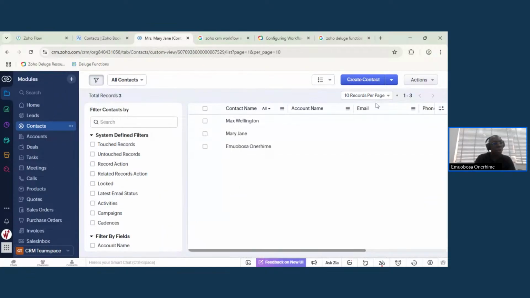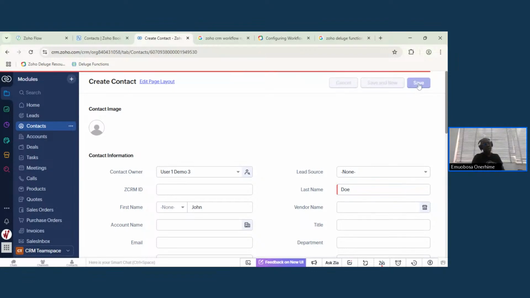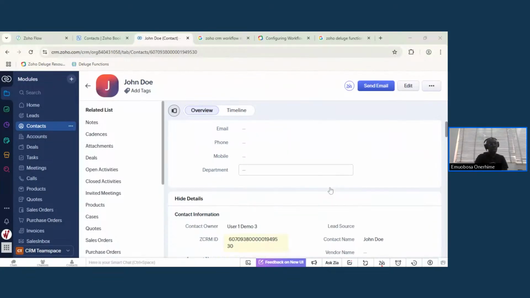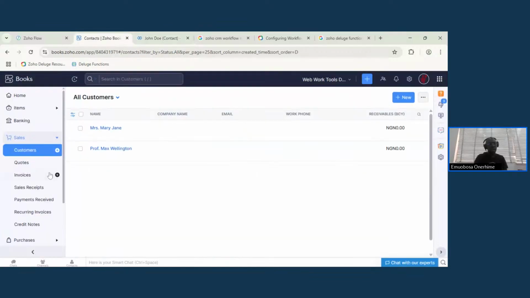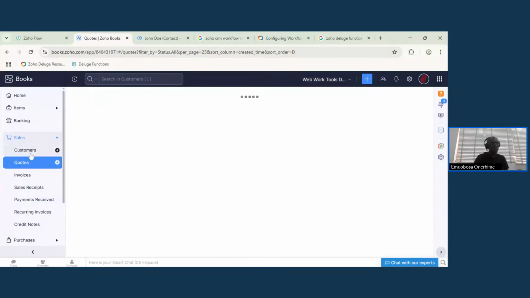We're going to create another contact. And this time we're going to create back our John Doe. So you can say John Doe. And this time you do not need to have, it doesn't have to be a perfect scenario like Mr. or something. No. So you find out that even when you come to customers in Zoho Books,